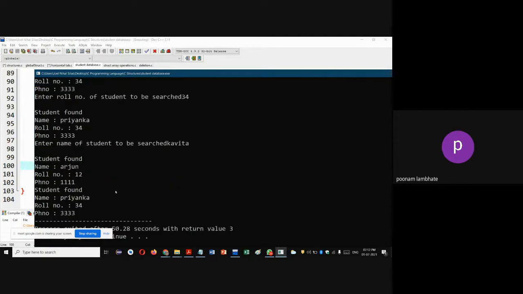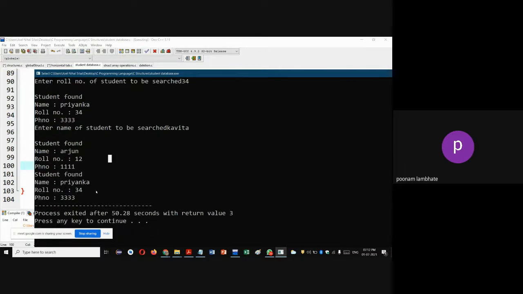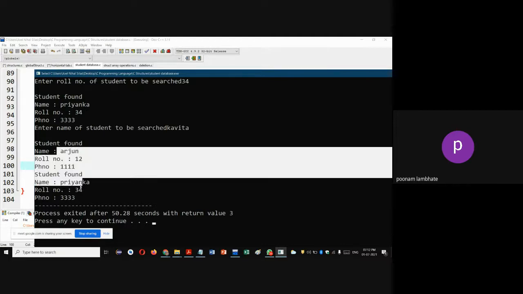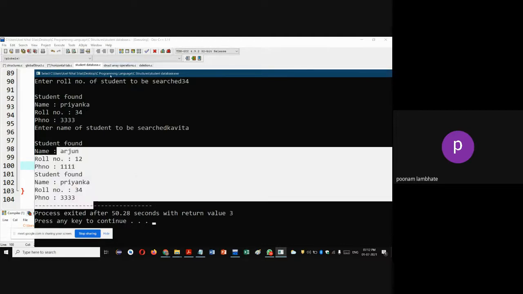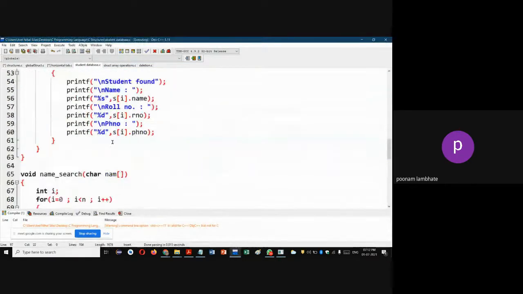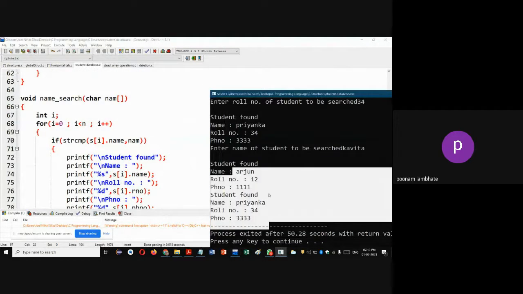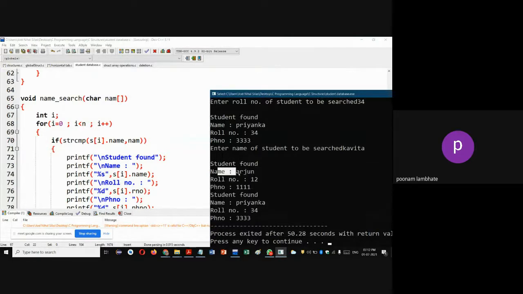It is telling me student found, and it is printing details of Kavita. It needs to print the details of Kavita. So as we know, there is a small error over here, since it is printing the details of the students whose match is not found, meaning it is printing that of Arjun and Priyanka, but we want to print that